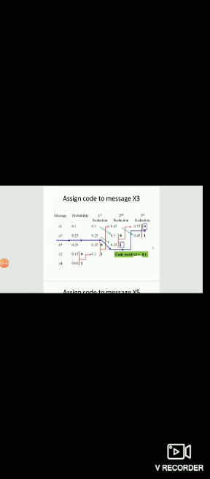Now we have to assign the code to message x3. Next message is x3. Now again trace the path. First line is message x3, then probability 0.25, in first reduction again 0.25, in second reduction it has the lowest position 0.25, and then its contribution is in third reduction by giving a probability of 0.55. Right, this one is the path for message x3 shown by this blue line. All the arrows are traced from left to right till the end.